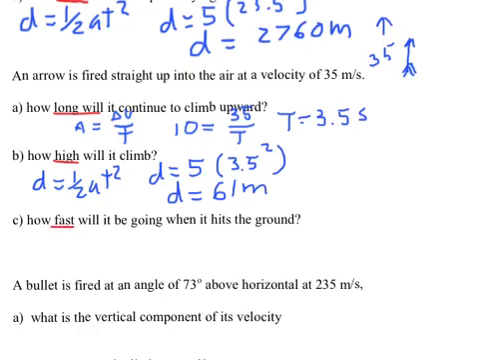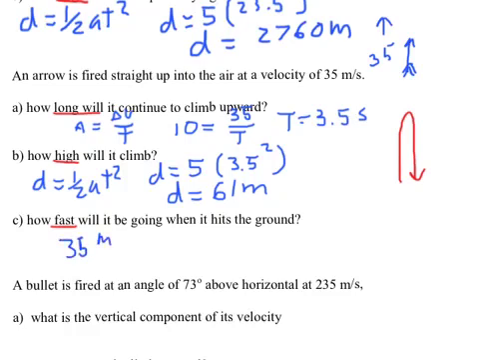Now, how fast will it be going when it hits the ground? That is a velocity, and on its way down it is a vertical velocity. Here's something that sometimes takes students by surprise: it's very symmetrical. The arrow goes up and the arrow comes down. However fast it was going when it went up is how fast it's going to be going when it comes down. So if it went up at 35 meters per second, it's going to be coming down at 35